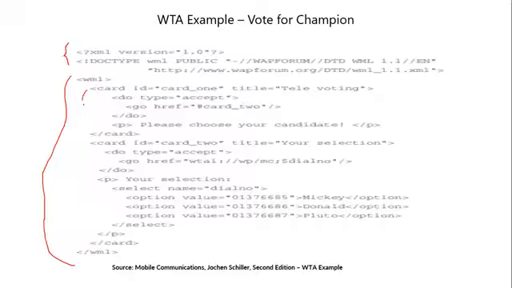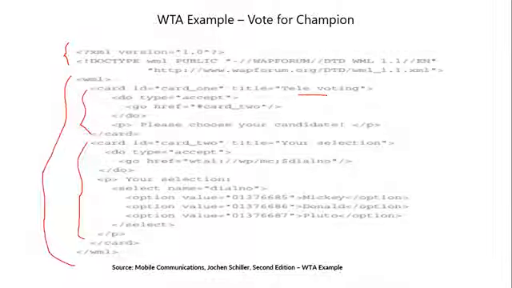There are two cards here. This is card 1 and this is card 2. In card 1, card ID is card 1, title is televoting. Do type is accept, go href card 2. It's just referring to card 2. Within the paragraph tag we are saying please choose your candidate. And this is the second card. Card ID is card 2, title is your selection. Do type is accept, go href